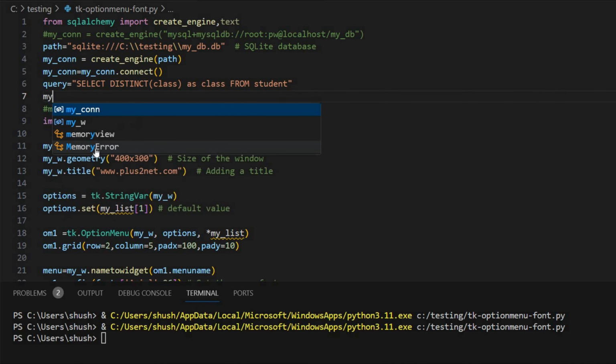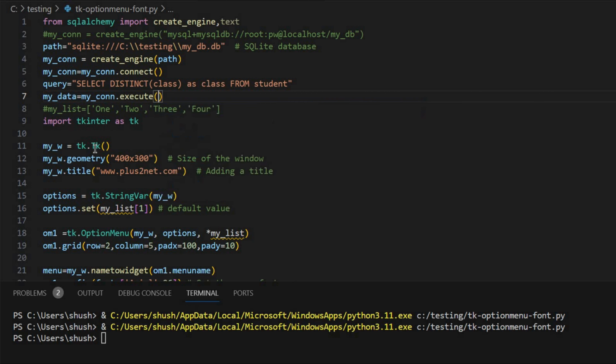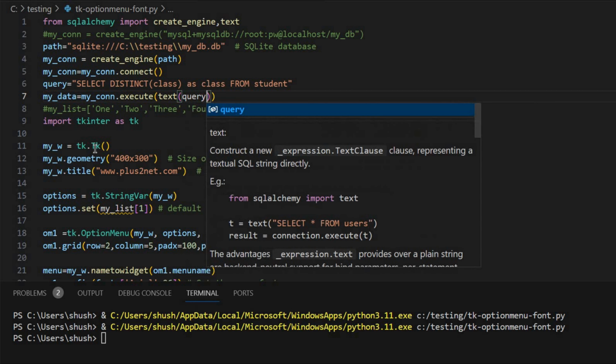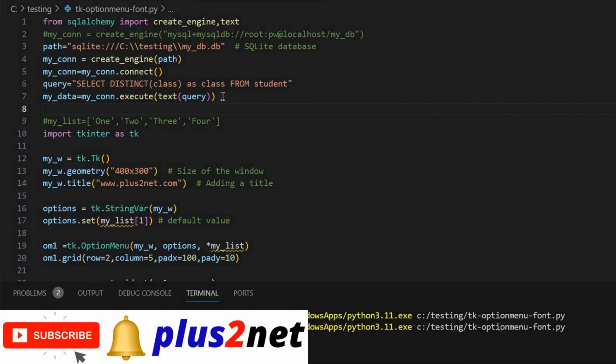So for that I am saying my data equal to my connection. Now that is line number 5. So my connection dot execute. Now here I have to write text, then inside that my query. So now my data will contain the entire list of tuples, multiple rows of data. So we can just print that also and see that one, or I can just loop it through